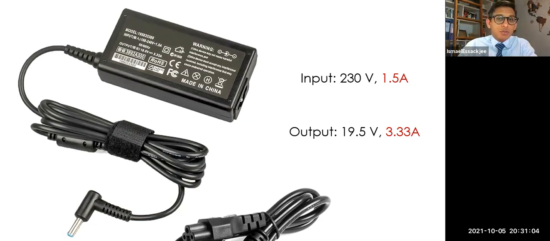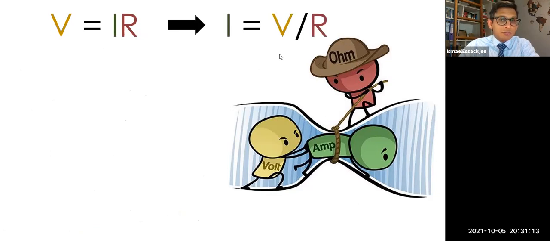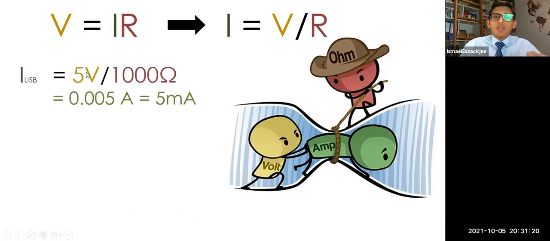Where do we know that? We have learned about Ohm's law, isn't it? Ohm's law: V is equal to IR, or we can say I is equal to V over R. We know that it's current which can cause electrocution. So let's say for the USB, it's 5 volts, and 500 milliampere is the maximum that it can provide in terms of output. But what is going to define how much current flows is the resistance across the ends.